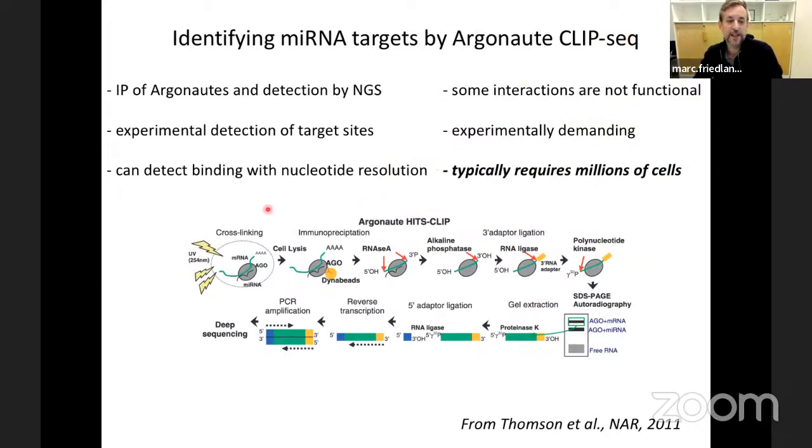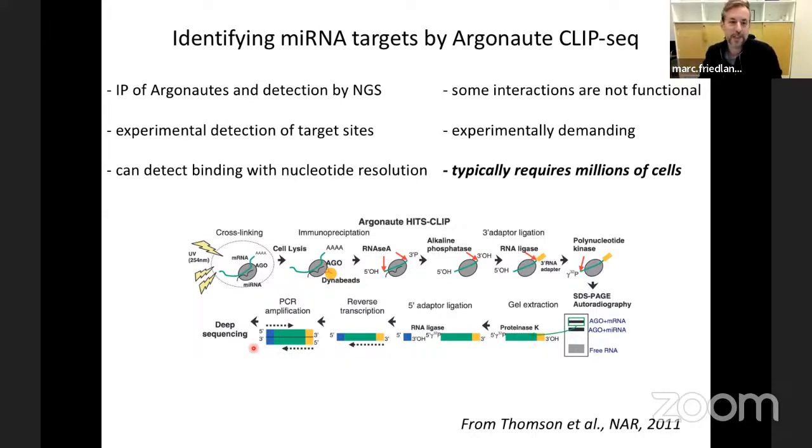And in this method, you take cells, you take your tissue of interest, cross-link proteins and RNAs using UV light, then lyse the cells. You then digest the RNA so that you have only the fragments that are essentially covered by proteins. And then using immunoprecipitation, you pull down Argonaute specifically, ligate on adapters to the messenger RNA targets, and sequence them using NGS. And in this way, you get nice peaks